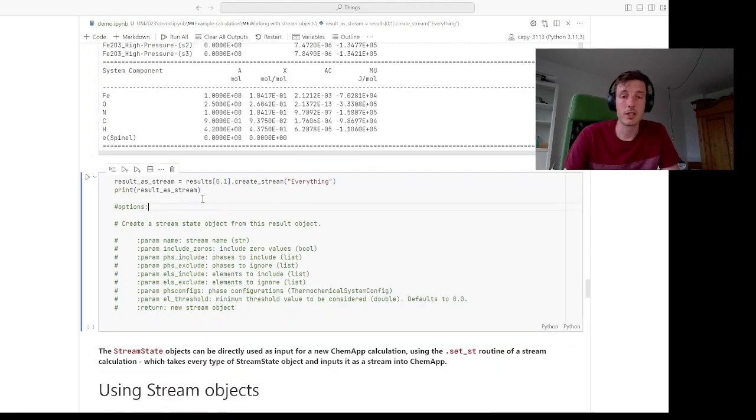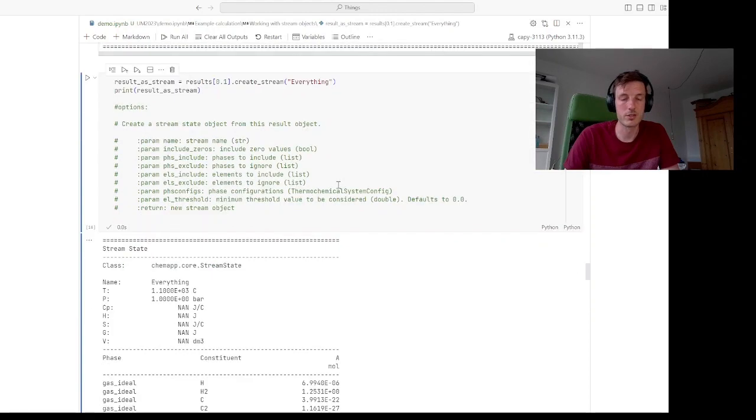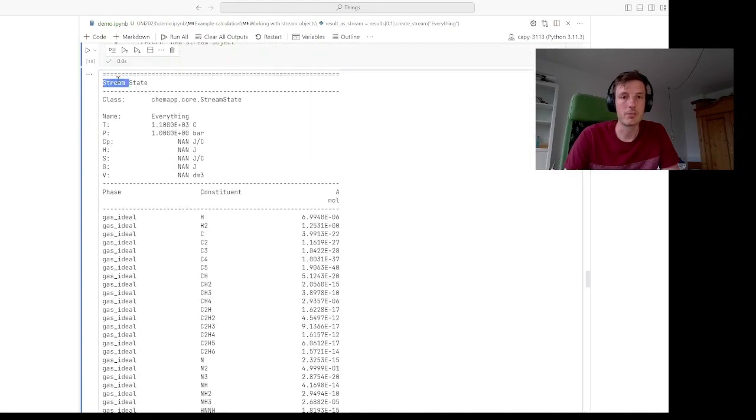So now the magic can happen when I use the routine which is create a stream from this results object. In process calculations, obviously chaining different types of calculations and following up on each calculation with a modification of the result, and then, for example, iterating on these is crucial. And in this case, we can just use the create stream. And when I do this, I will just print the result as a stream. And now you do get a stream state class. I'm just printing the result. The class is obviously